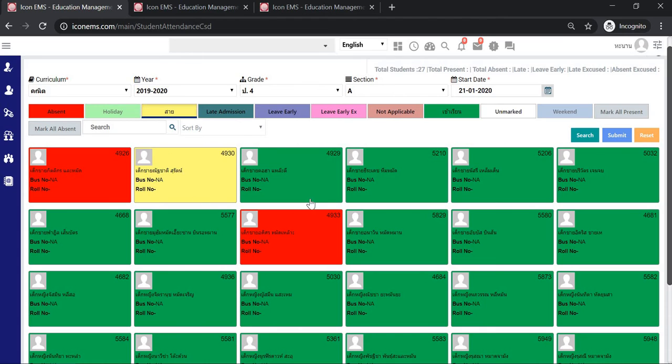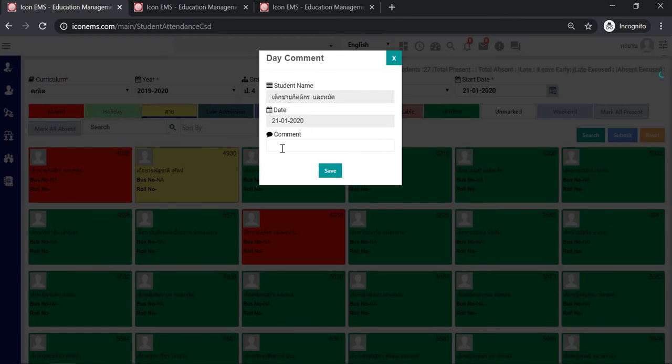Now, in case the teacher wants to give the reason why the child is late, they can right click on this and write the comment here, or they can select from a drop down as well. So for example, I am writing a comment here. This can also be written in Thai.